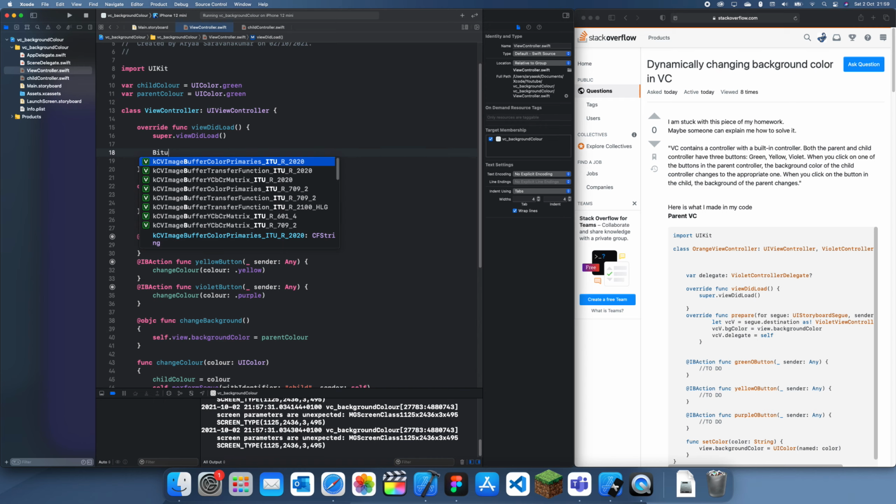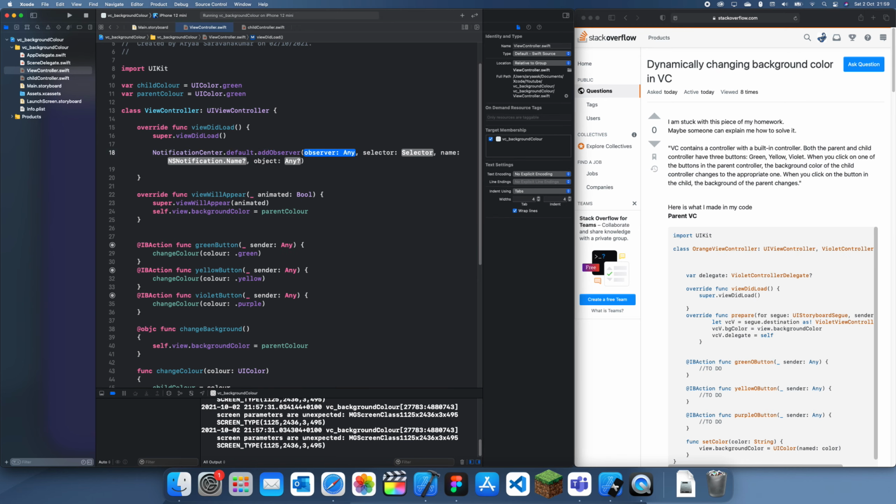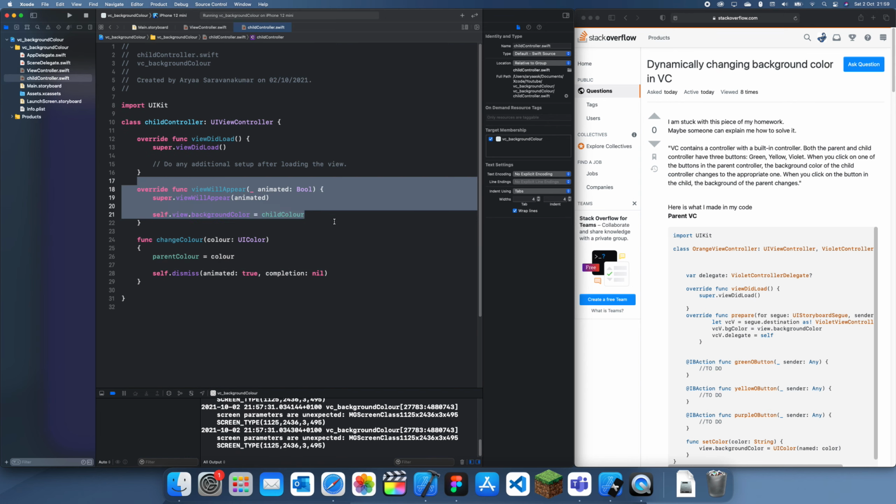So NotificationCenter.default.addObserver, and observer is self. Selector is just #selector changeBackground, the name, and we can choose this to just be changeParent, and object is nil. And now once we've done that, we can go back here, and when we want to change the color,